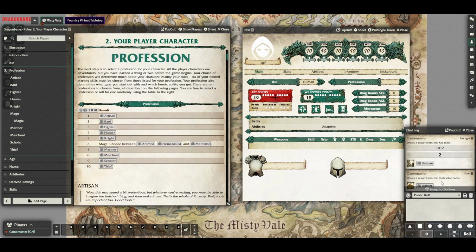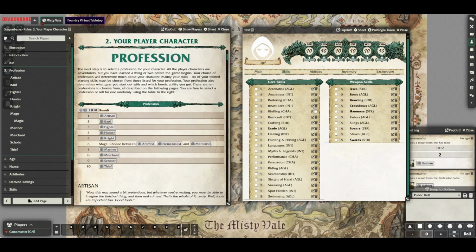We got a fighter. Oh, sorry. Yeah, fighter. So we're going real basic on here. So we're going to go human fighter. All right, so human fighter, they get, as in the profession, if we come over here to the skills section,